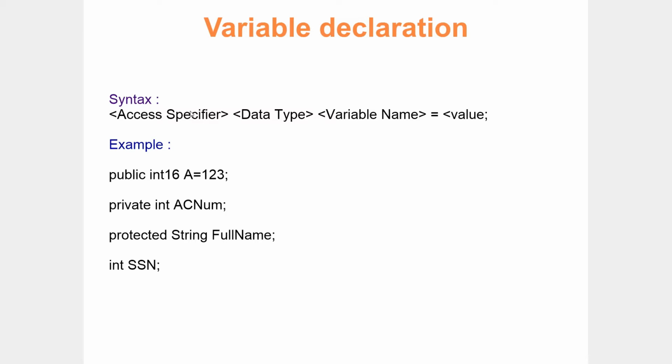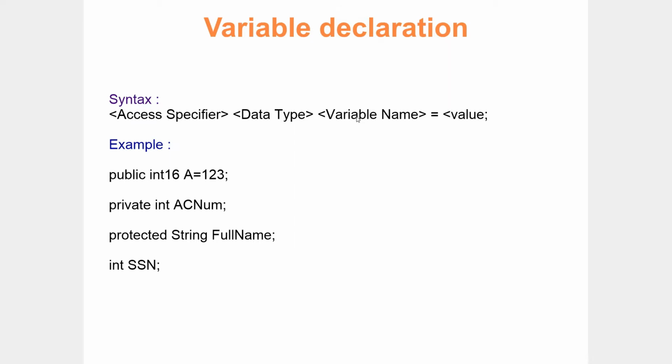While designing each and every data member, it is mandatory that you also define the scope of each and every data member. The second part is data type. You should also tell the system how much memory has to be allocated to store your data. That memory allocation depends upon your data type. You should tell the system whether your data is going to be an integer. If it is an integer, it is going to be int 16, int 32, or int 64. Whether it is a string or a character, you should tell the type of data. Based on the data type, the system will allocate only that much memory to your location.